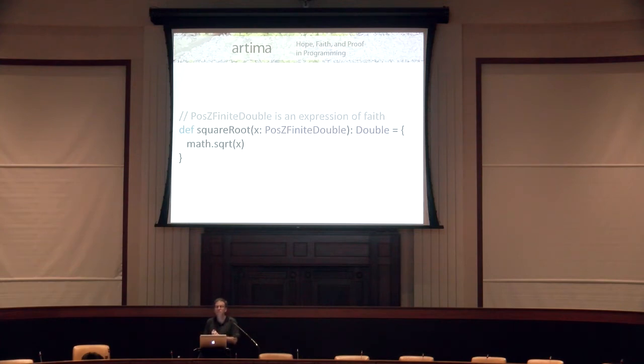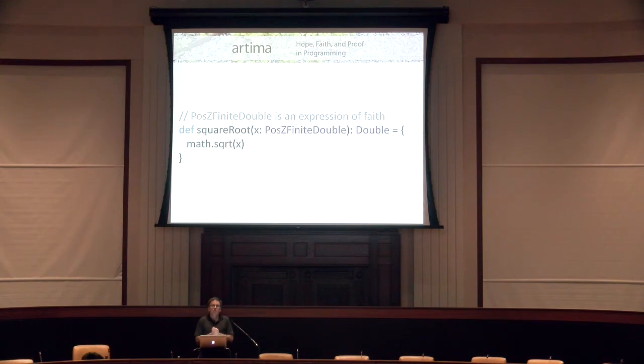So we have one called POSZ finite double, which is a bit of a mouthful, but what that means is this is a double that is positive or 0 and finite, so it's not infinity. So there's a way to say infinity in double, and it's also not a number. So that's like it's constrained, and that's actually what we need for square root. So if I change the parameter type to that, I don't need to have the require anymore. So I think that's a good thing because now there's one less place where my program could blow up if someone passes something bad, kaboom, right?